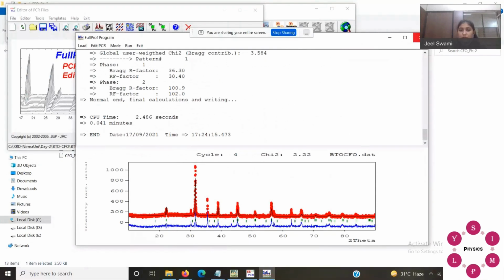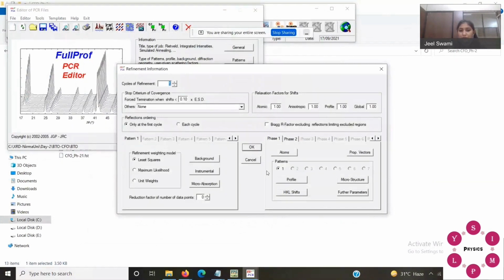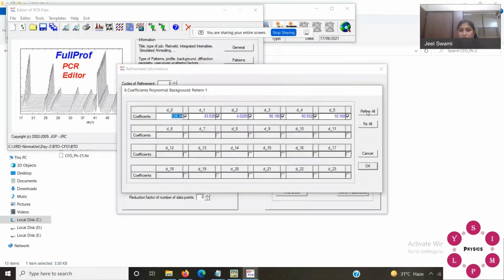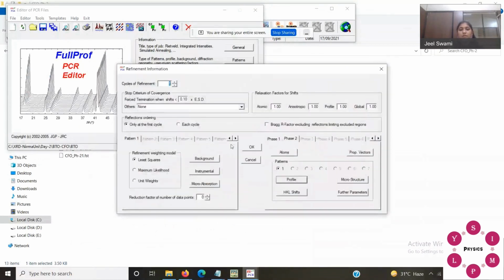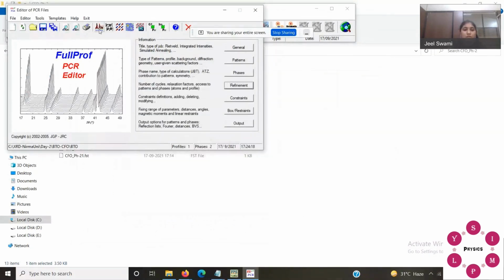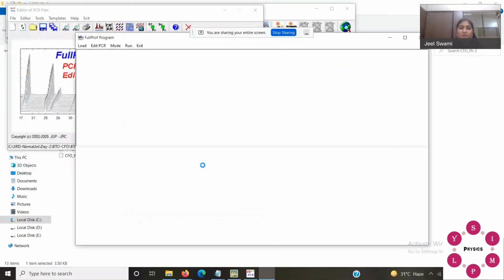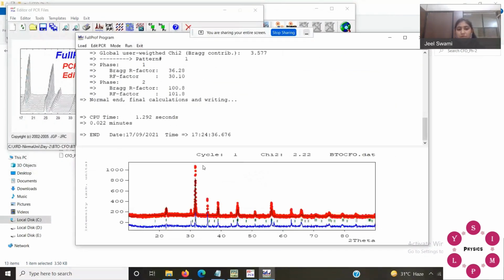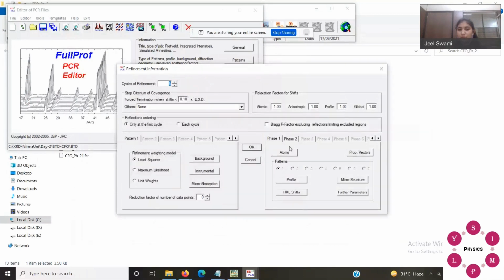It's not changing much. You can start refining for phase 2, U value and all. So to refine all the parameters for phase 1 and phase 2, all that which we have done for one phase, we have to do all the things for phase 2.